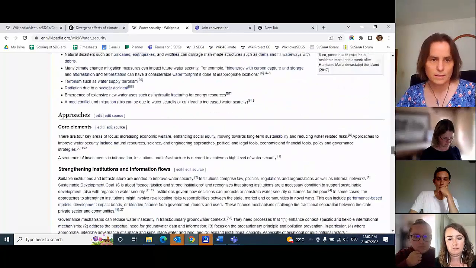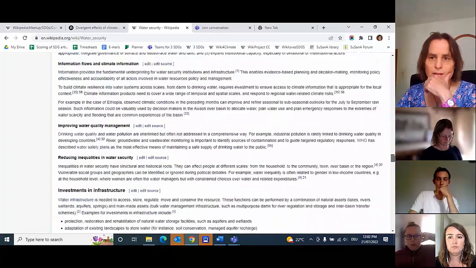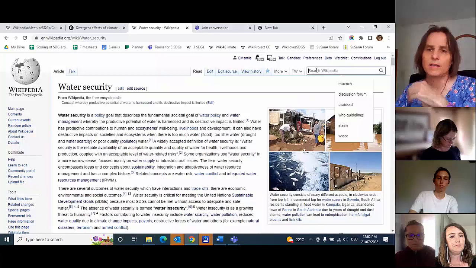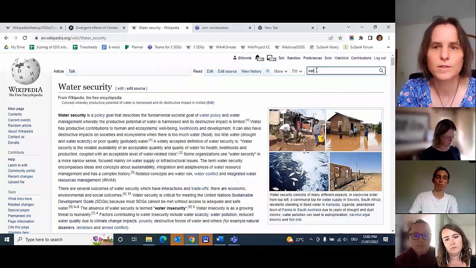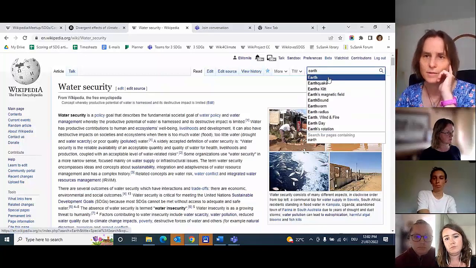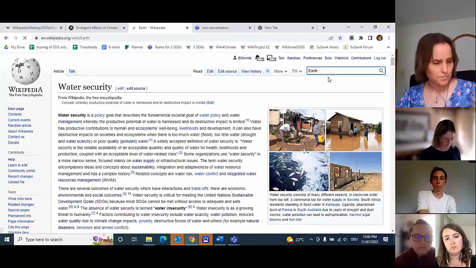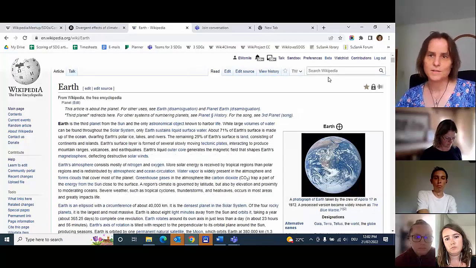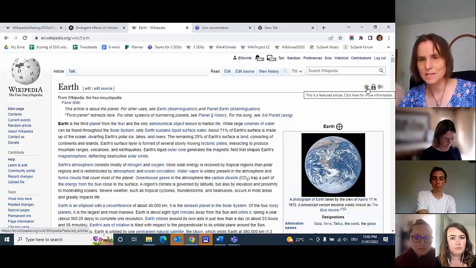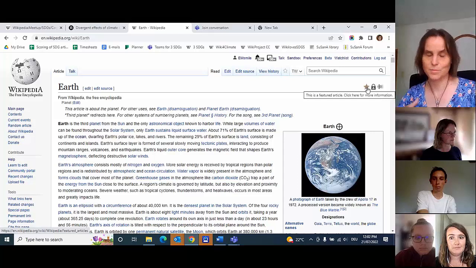What else? Yeah. Then the other thing is, if I come to an article fresh, let's say I put in here Earth, it's the article on Earth, and I want to see is it a good article or not. So the first thing is this hint here. So this one actually has a star, which means it's a featured article, which means it's supposed to be very